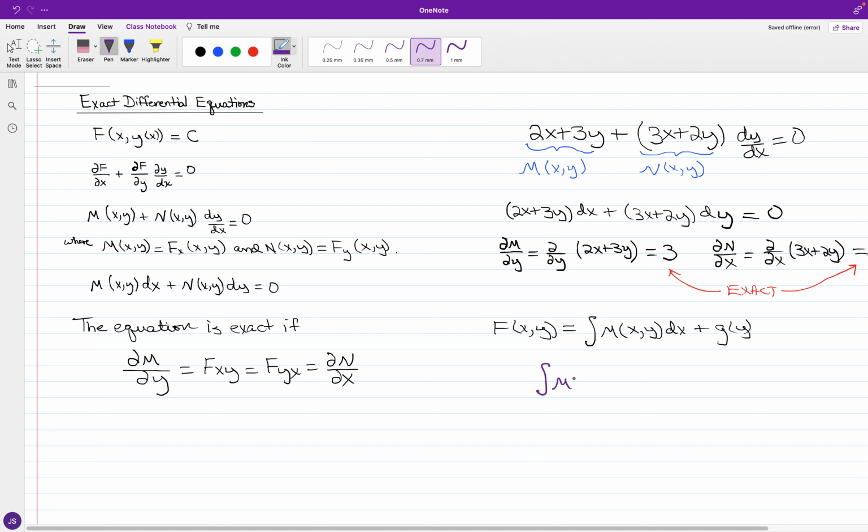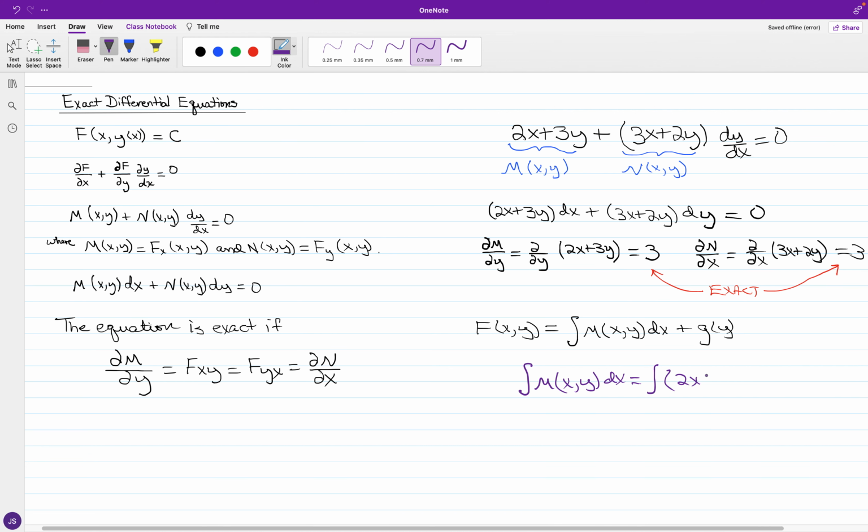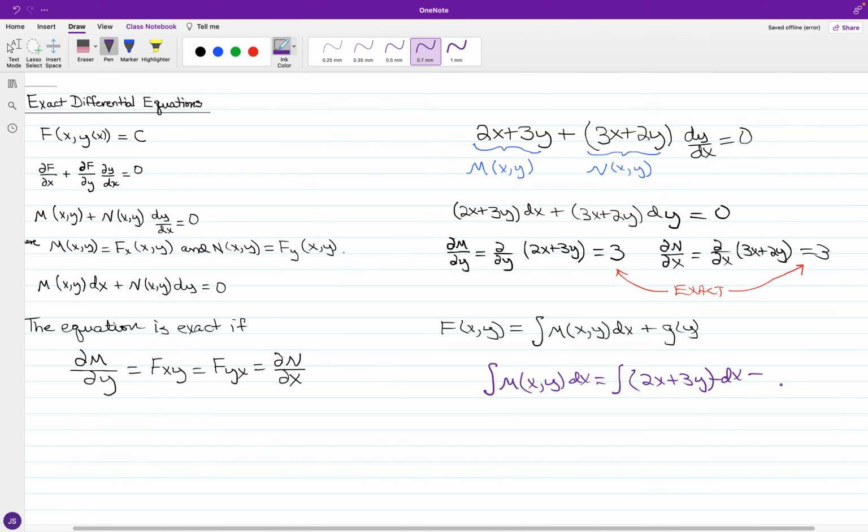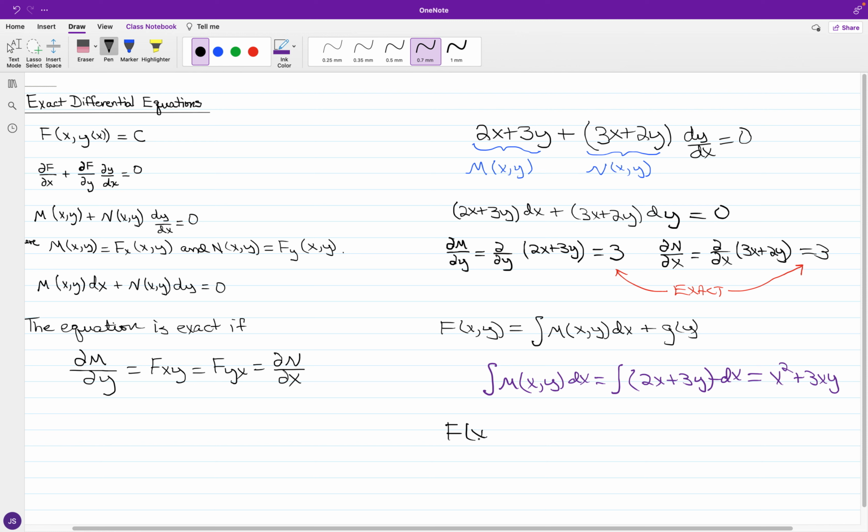For the integral of m of x and y dx, I'm integrating with respect to x the quantity 2x plus 3y dx, and that is equal to x squared plus 3xy. So we have x squared plus 3xy